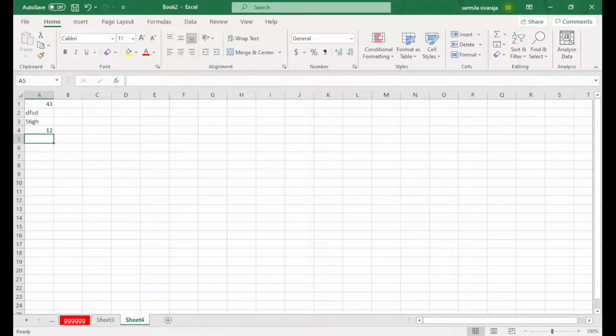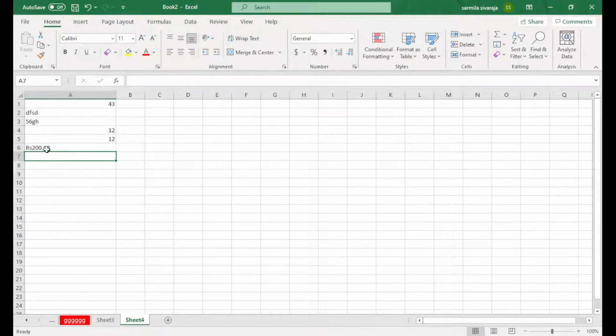Oh, it's not taking the zero. It's missing, it shows 2.00, right? I cannot access the decimal point. If I use some currencies, I need RS200.00, which I will type somewhere here. Okay, when I type something like this, it comes to the left side, so I can't use any formula on this option. But anyhow, I can add or multiply, I can use any function or formula on the currency.